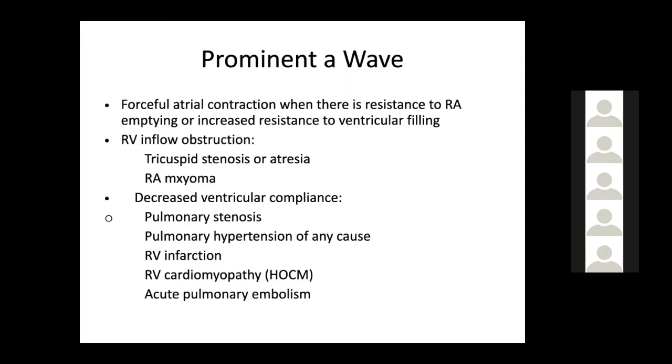And when does the RV compliance come down? Most common cause is pulmonary hypertension. If somebody asks you what is the most common cause of a prominent A wave, it is pulmonary artery hypertension, because of which RV hypertrophy occurs and RV compliance comes down. The RA has to contract against a tight, very high, low compliant RV, and that is why. Apart from pulmonary hypertension, another important cause is pulmonary stenosis. Because of pulmonary stenosis, the RV becomes hypertrophied and the compliance goes down.